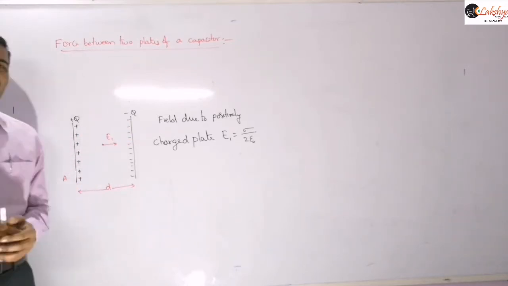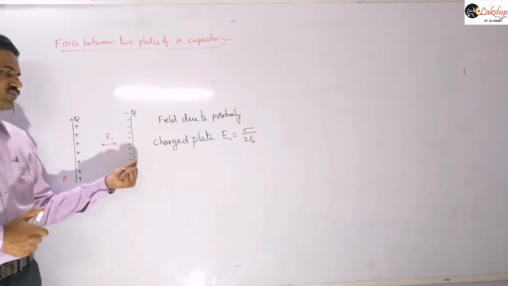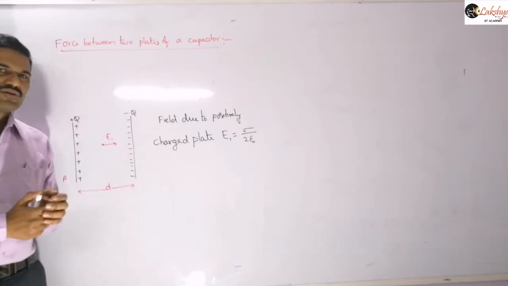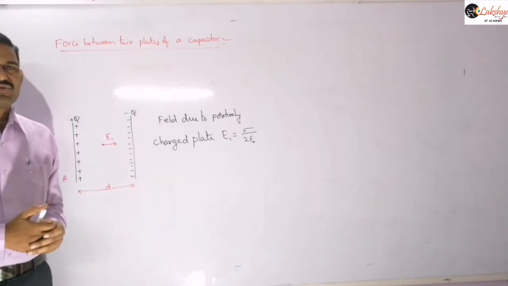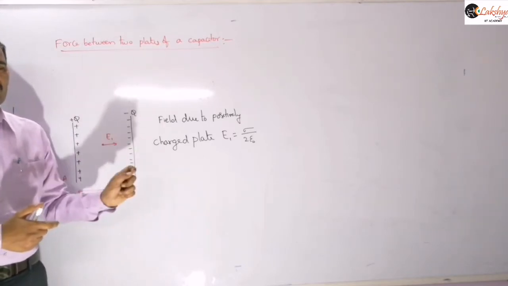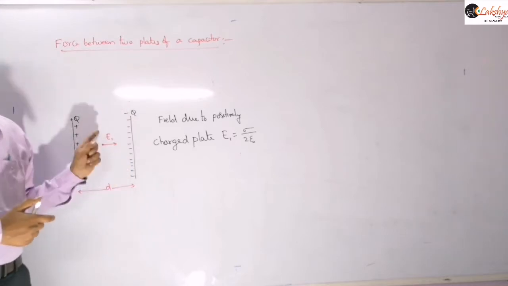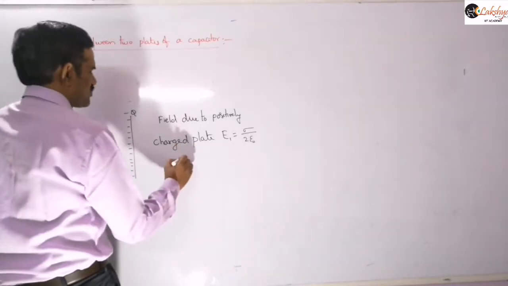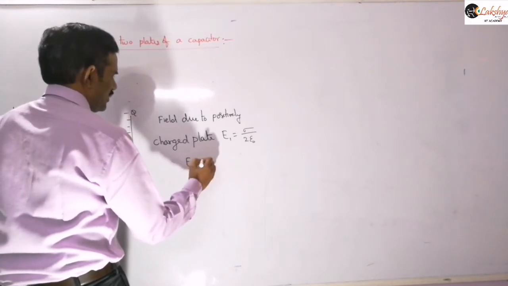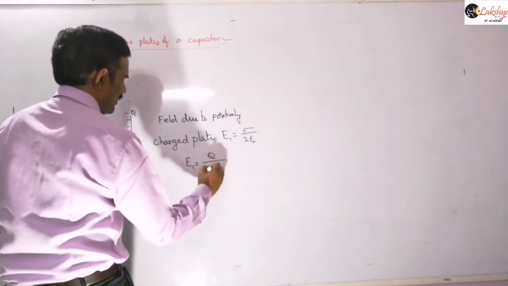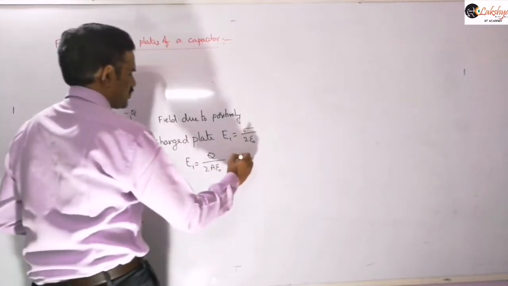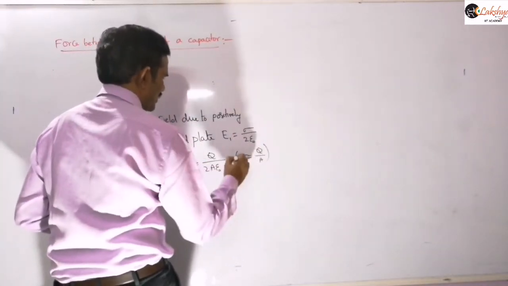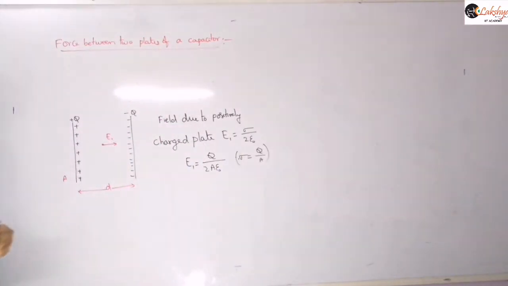If you are calculating the net field, then the net field means the field due to the positive and negative charge both we need to consider, which is along this direction. So that means the same value, sigma by 2 epsilon naught plus sigma by 2 epsilon naught, which will give us sigma by epsilon naught. So don't confuse the net field with the field due to one plate, right? So this is the field due to one plate. And now this can also be expressed as Q by 2A epsilon naught, because sigma I can express as Q by A, right? So this is our sigma, so we can express the electric field like this.